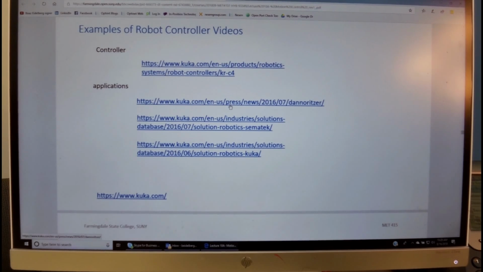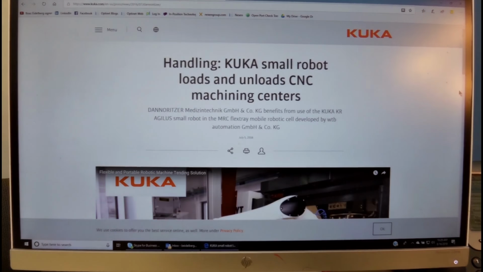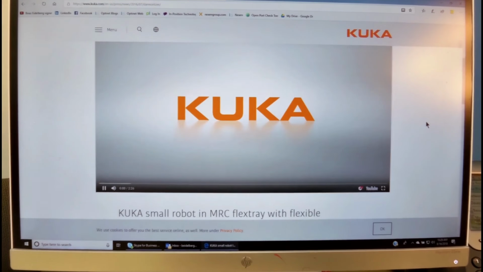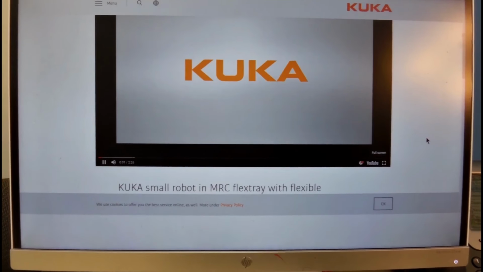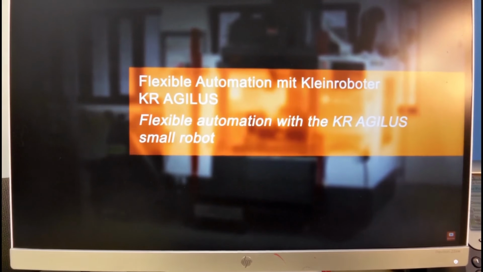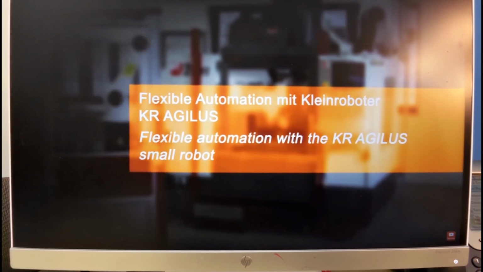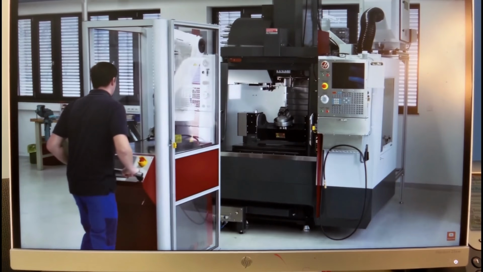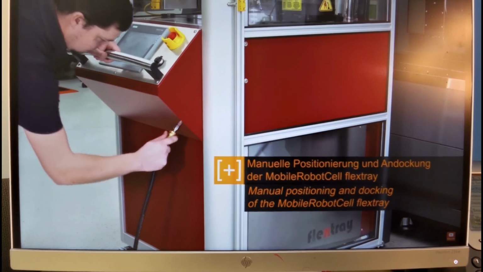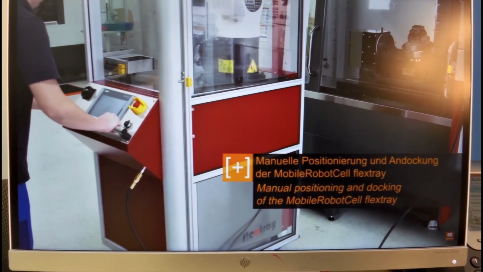Here's an example of a robot controller. We take a quick look at this video, and this will give us an example of how things are being done. This is an example of KUKA, and what we see here is the flexible automation of a small robot. You see that the robot is brought into close proximity of a machine tool.